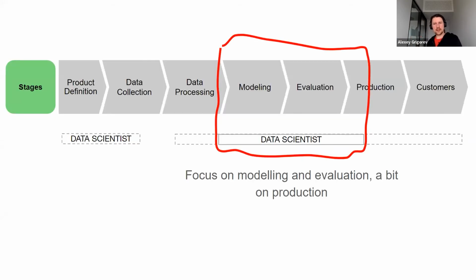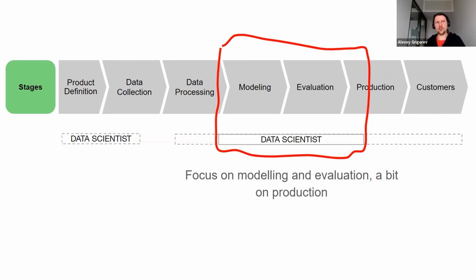And then let's think of data scientists. Data scientists' core responsibilities are modeling, so creating a model, and then evaluating this model. So we create a model. How can we make sure that this model is actually catching fraud, right? Of course, data scientists take part in other steps. For example, at the beginning, they jointly work with product managers to define the problem that we want to solve as a team, but this is their main focus.